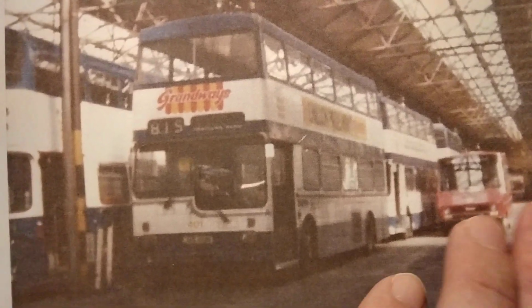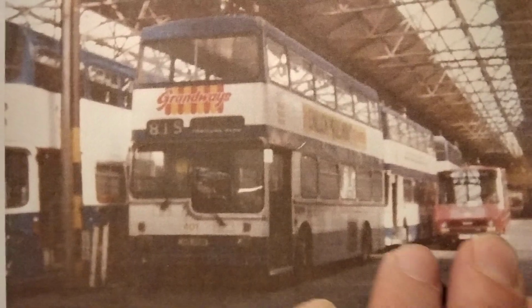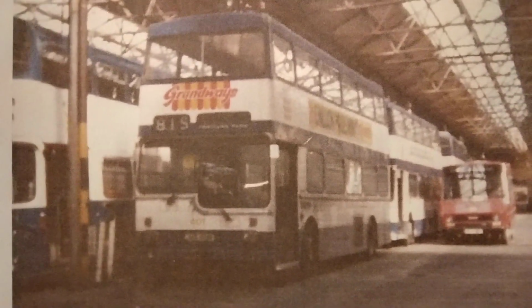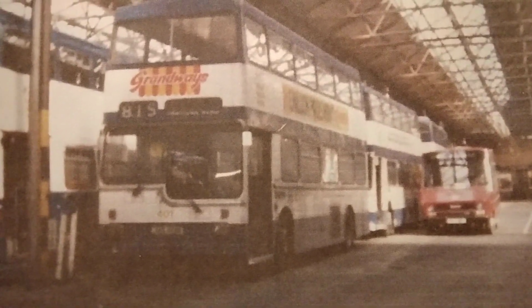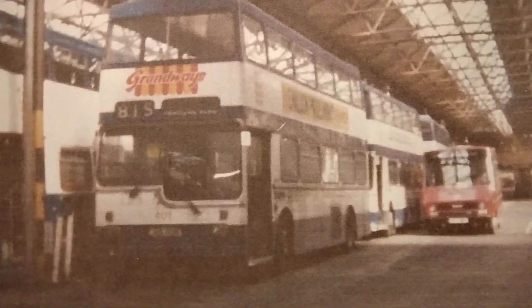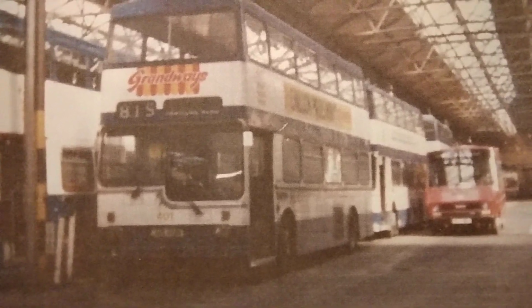As I say, next to it is one of the Ivecos for the Bransholme services, and then there are some Atlanteans in the background. They may have been in the schools fleet, or they may have been stored, or mothballed as KHCT referred to it. I think this photo was taken in early 1987 if I remember correctly. It may have been late 86. The Metropolitans were withdrawn again in early 1987, the handful that had been reinstated, and then they were sold on